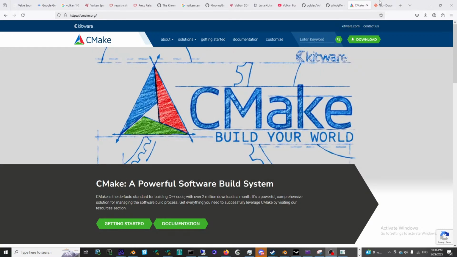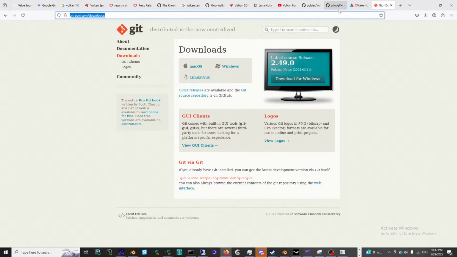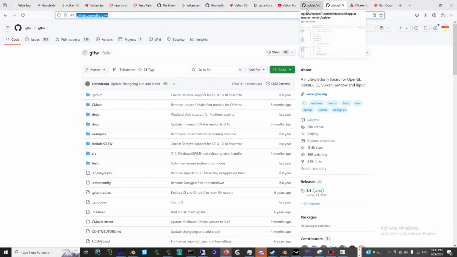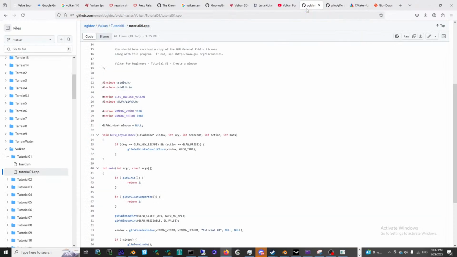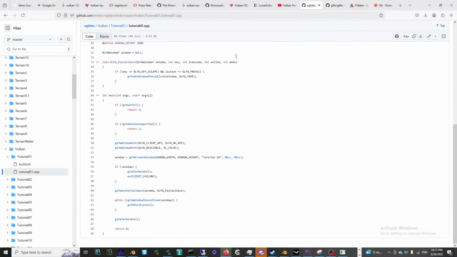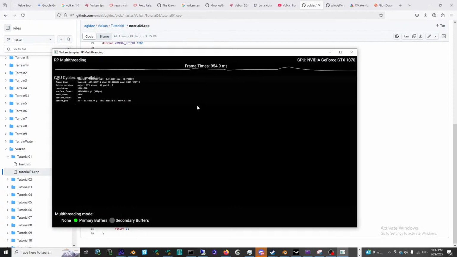a simple Vulkan. First, you need to download Git, CMake, glfw. glfw will support C. CMake will build glfw. It'll also build something. Well, the Vulkan samples, if you want to build those, just to show off that it works on this